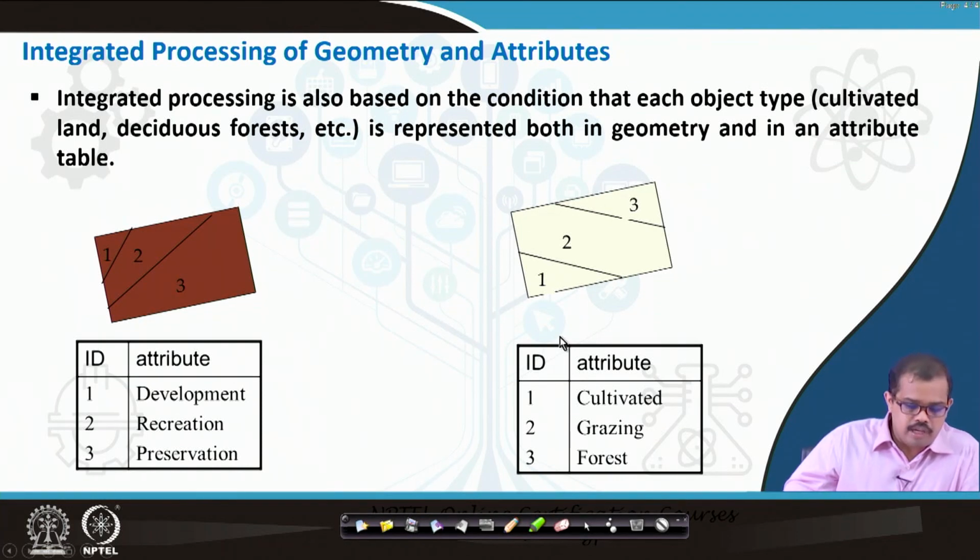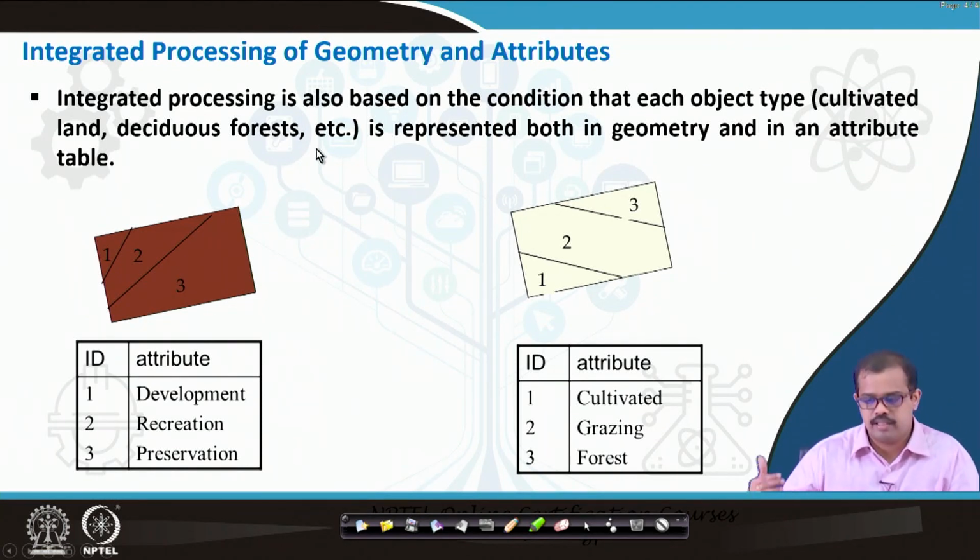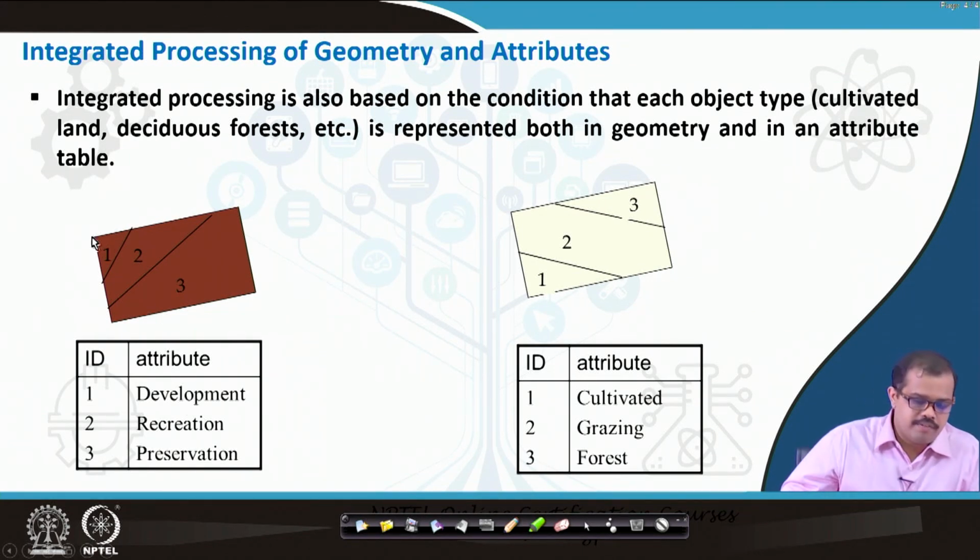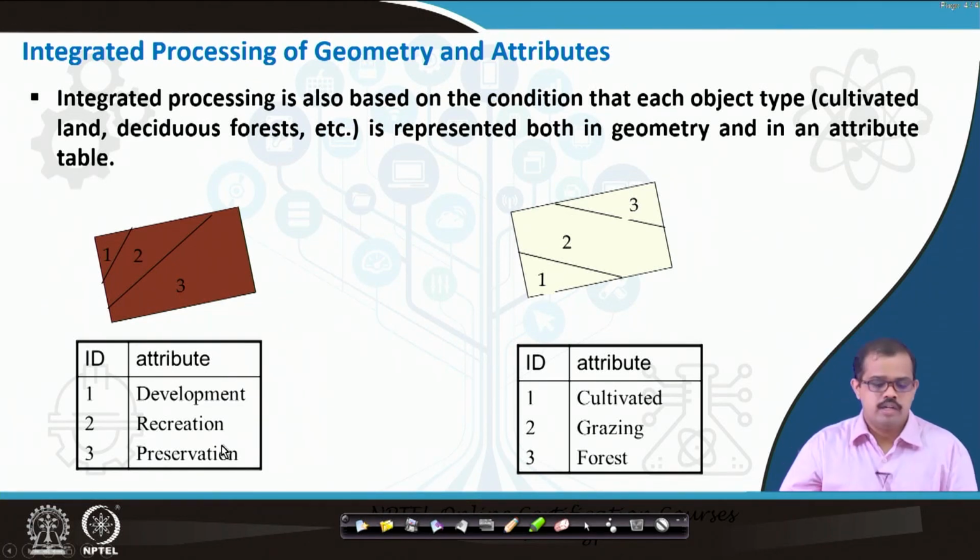For example, in this example, the ID is 1, 2, 3, and its attribute is development, recreation, and preservation, which means wherever 1 occurs, it is land that is allocated to development. Wherever 2 is seen, that is where recreation can happen. Where there is 3, it is for preservation.